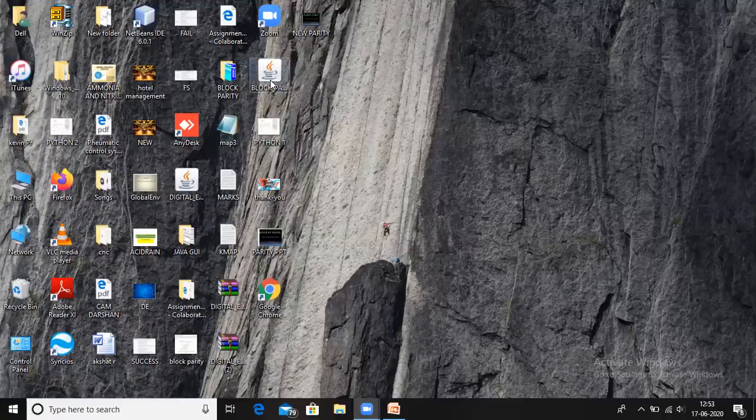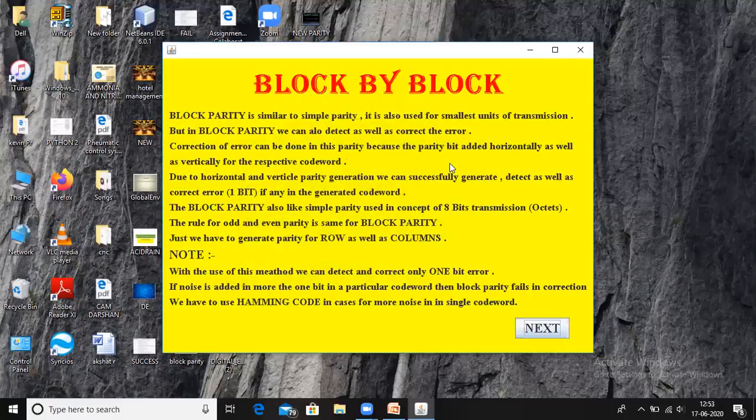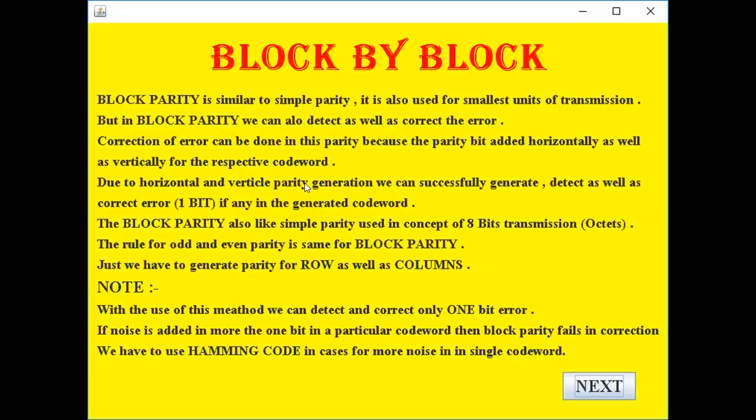See, here is the applet of it. Block parity. Done. So now let me maximize it. Okay. So block parity is similar to simple parity, but we can call it more perfect because block parity can identify as well as correct an error up to 1 bit.